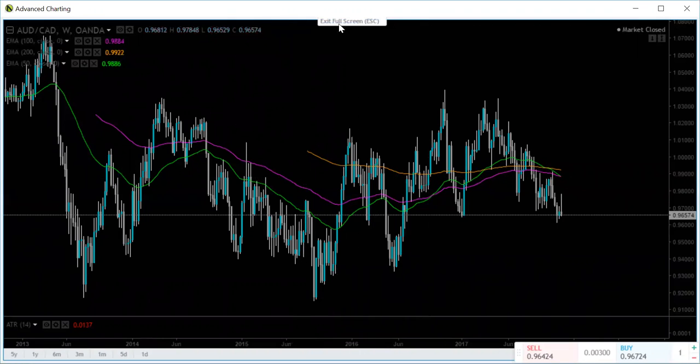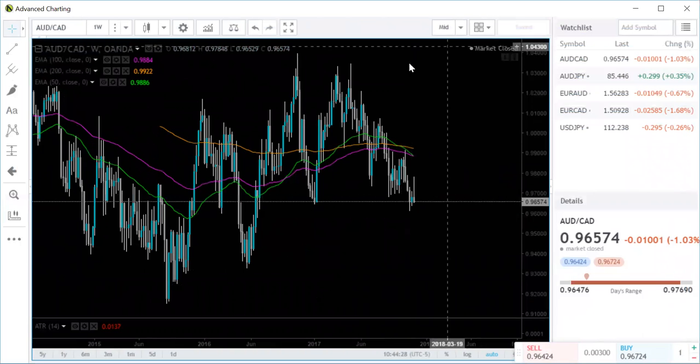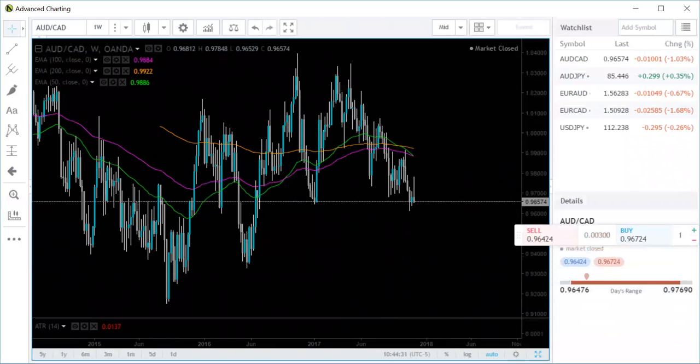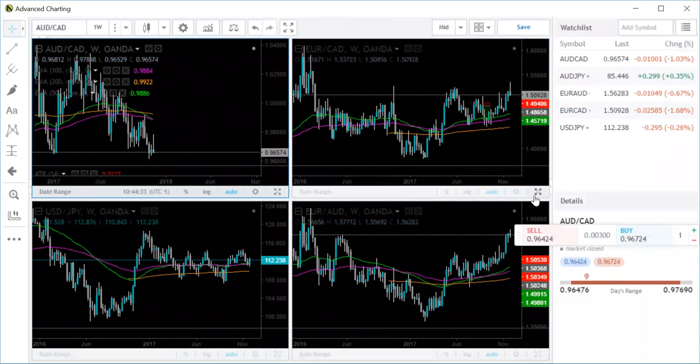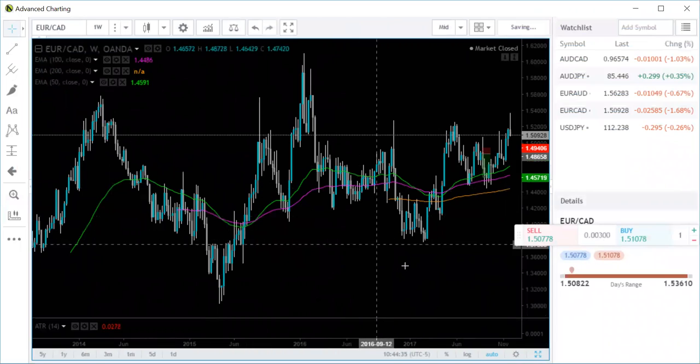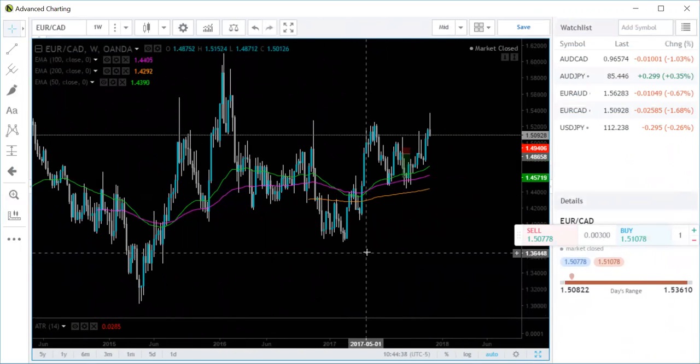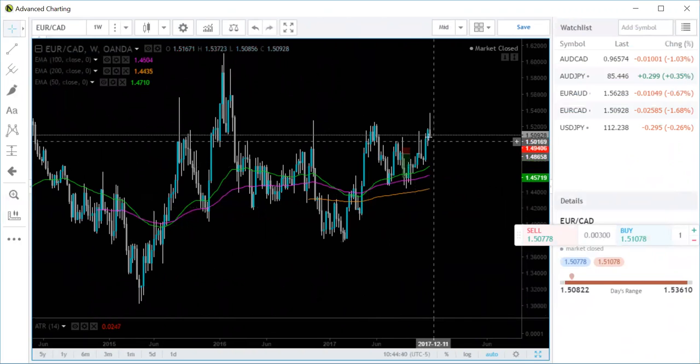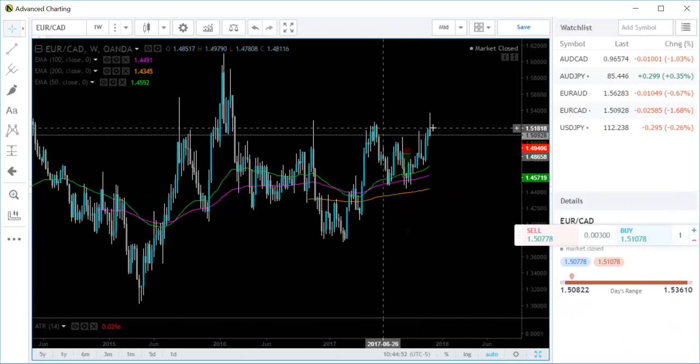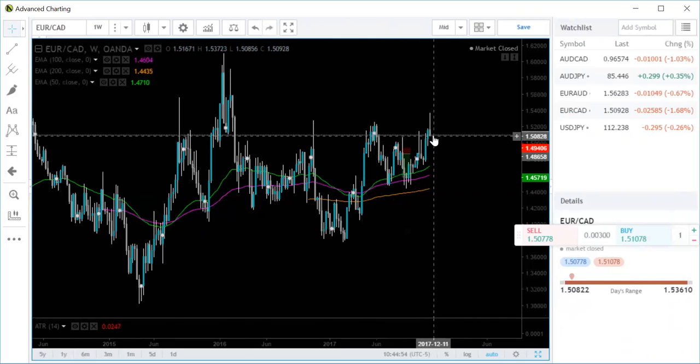The next one that we're going to look at is going to be the Euro CAD. Here we have the same movement with the Canadian dollar, where it had some strength earlier in the week, and towards the end of the week, it got a little bit stronger. So the euro and the Australian dollar are looking a little weak against the Canadian dollar right now. We could see a reversal here.